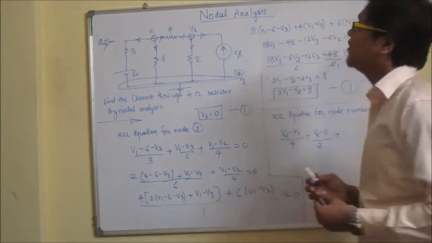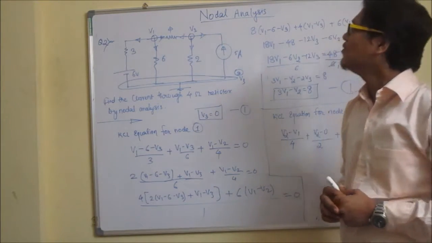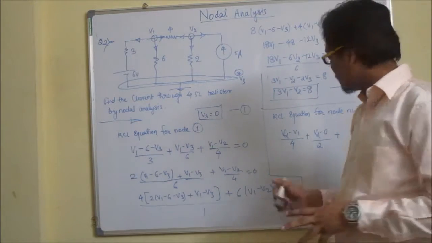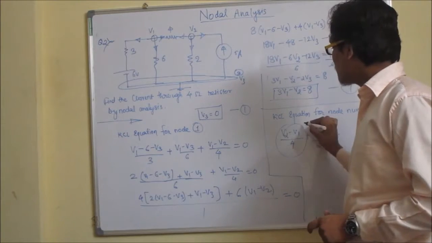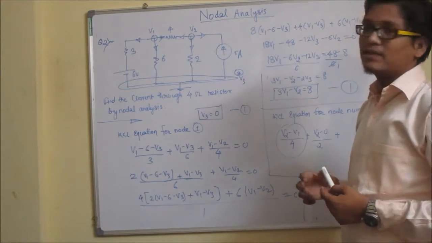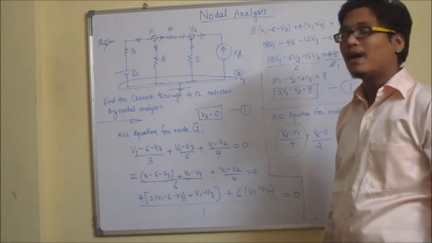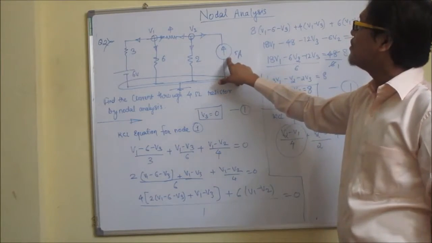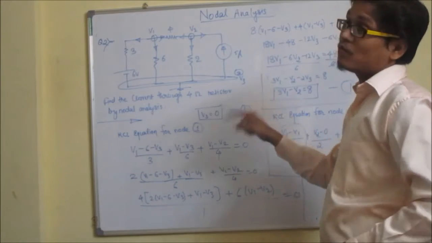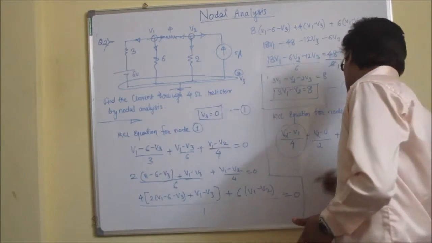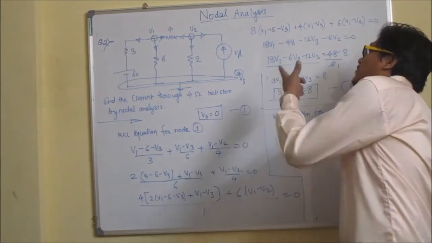Plus, now see, we are writing KCL, right? So in KCL we are actually considering the current term. This is actually I. This is I. So difference of voltage divided by resistance is nothing but I. This is actually 5 ampere, it is given directly, and it is coming inward, and I have assumed outward currents as positive. So this will be